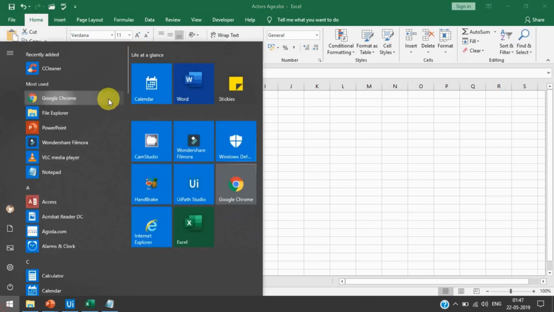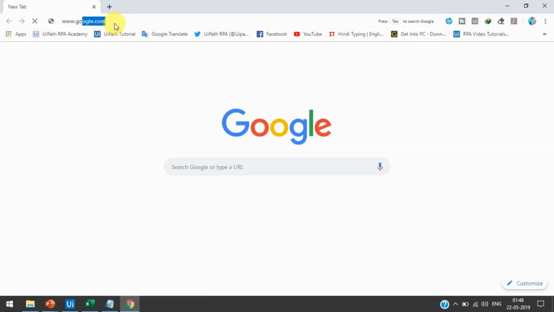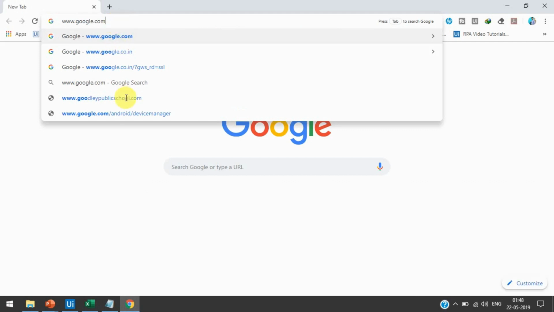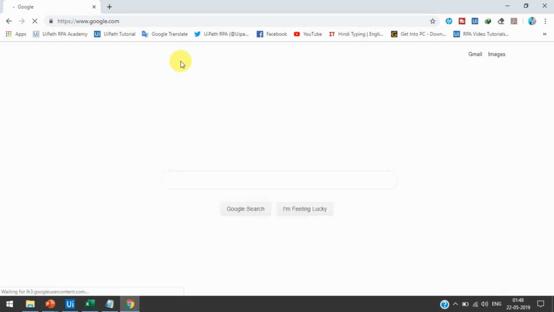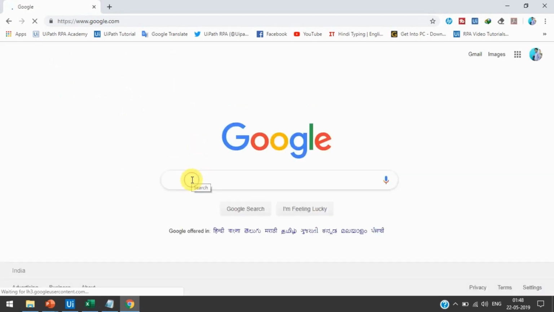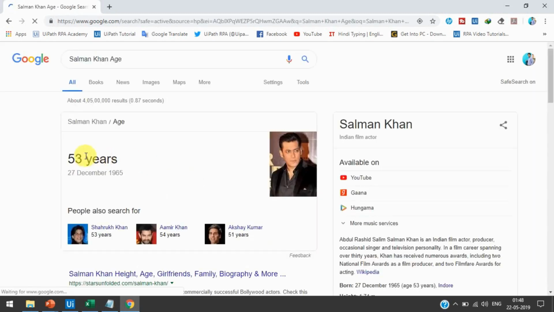Manually we open Chrome and then we write here google.com. And we type here the actor's name and age and just press enter, and then we'll get the age here, 53.